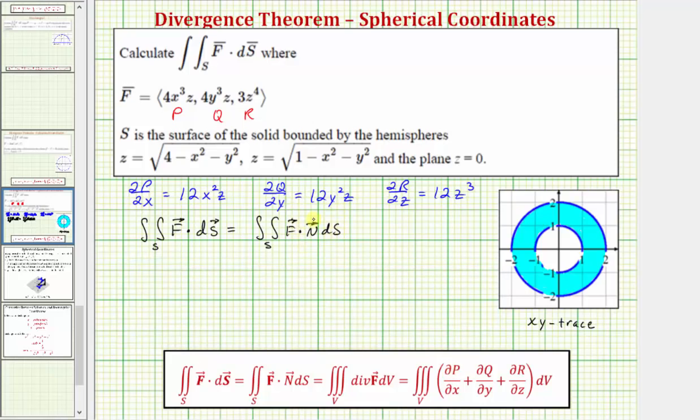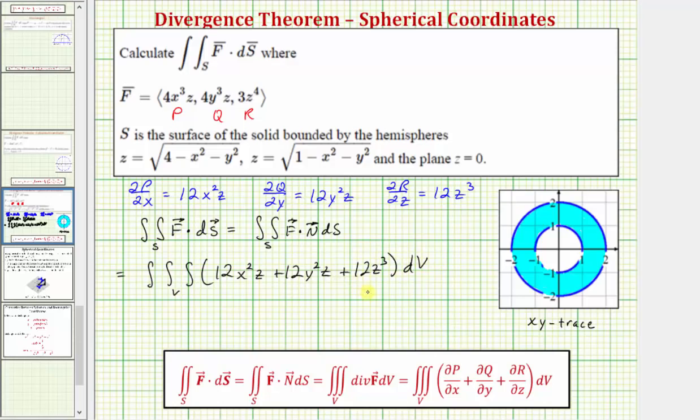So applying the divergence theorem, this is equal to the triple integral over the solid V of the sum of these partial derivatives, which we already found here. So we have 12x squared z plus 12y squared z plus 12z cubed